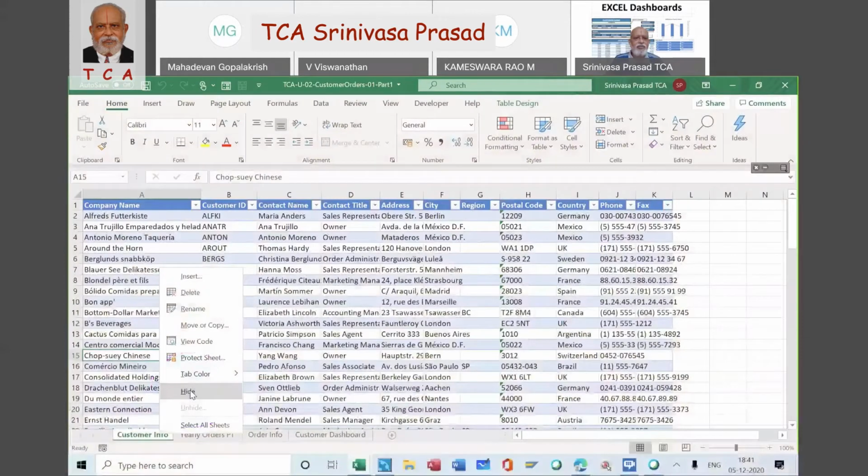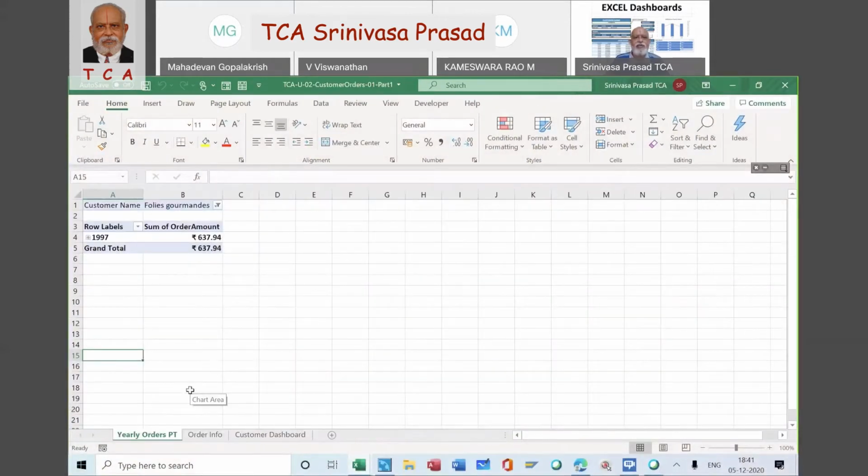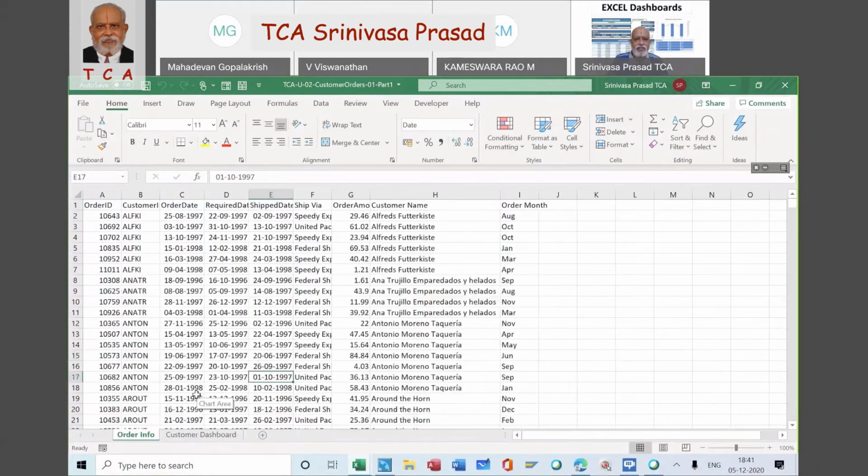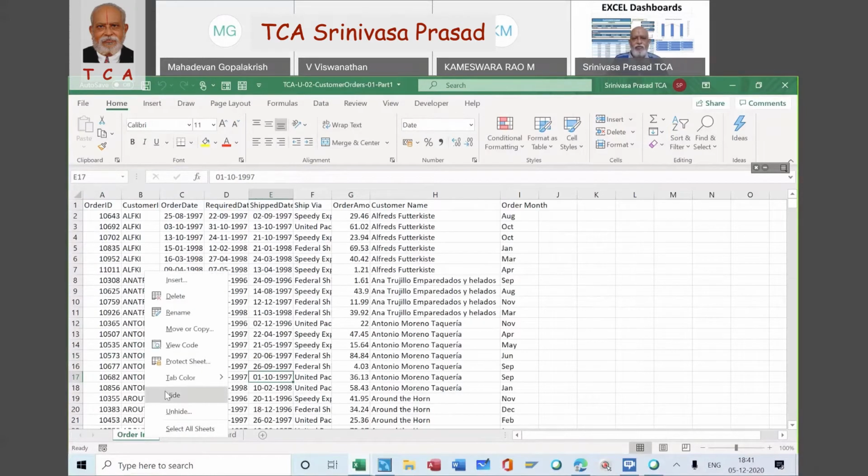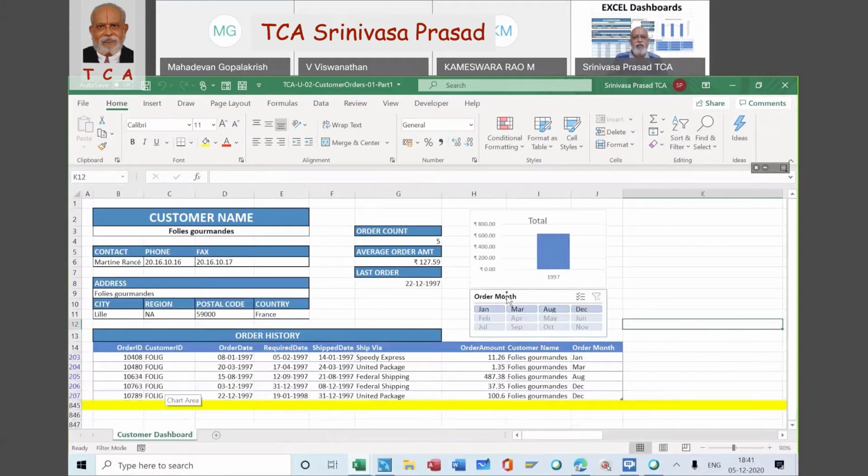This is what we should now do. Now you see customer info has vanished from this worksheet. Do the same thing: yearly orders PT vanished, order info vanished. Now for the end user, you are giving only a dashboard. Nothing else.